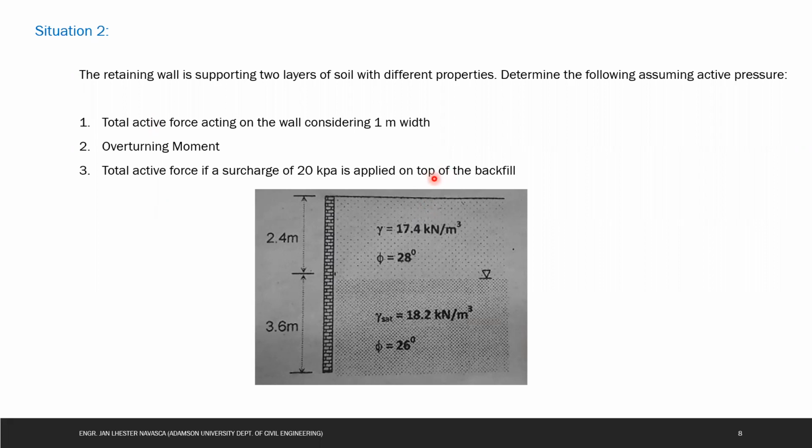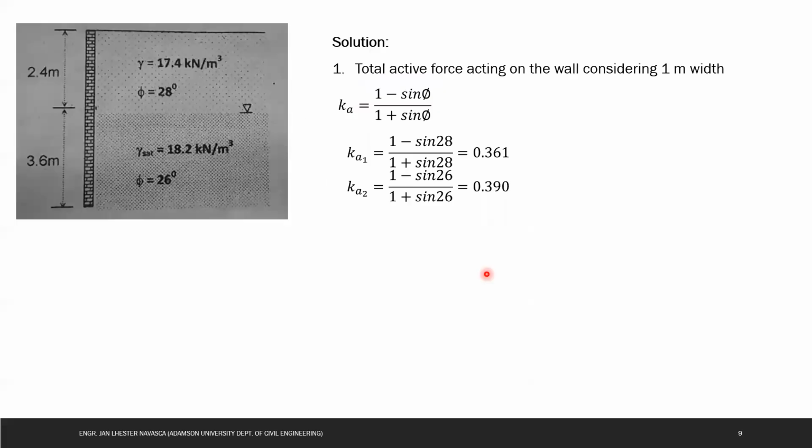So this time, this problem now has 2 layers of soil. So they have different properties. The drained angle of friction of our topsoil is 28 degrees, and you have 26 degrees at the bottom. Also, you have the groundwater table at 2.4 meters from the ground surface. So solution 1, the problem is asking the total active force acting on the wall considering 1 meter width. So let's solve muna yung